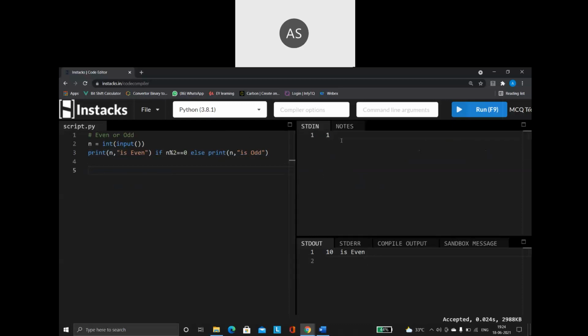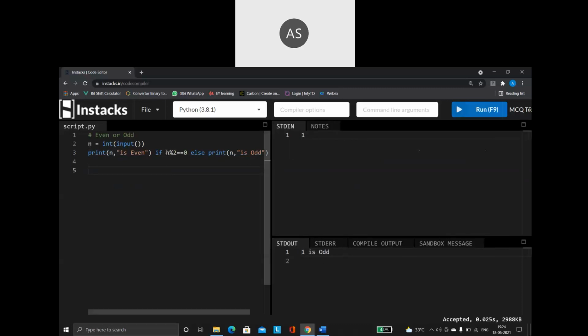Say suppose you are giving the number as 1. Run this. See, now the else condition is executing. The first time when I gave 10, the condition was true, so it displayed the first part of the program. Now when I give 1, the condition is false, so it comes to the else part. So this is the conditional operator, guys. This covers your entire operators. Whatever different types of operators there are in Python, I have just given you the entire details of it.